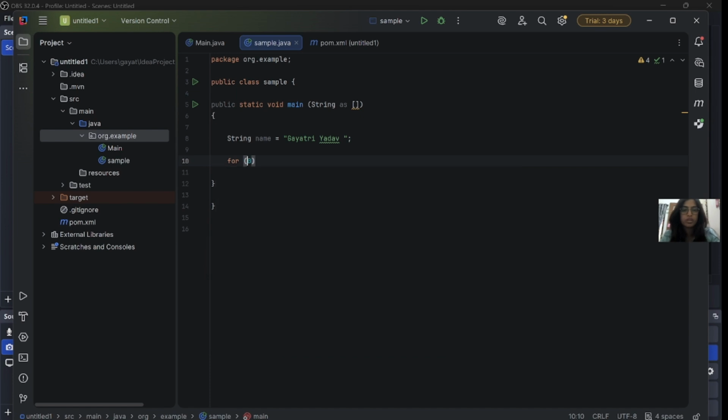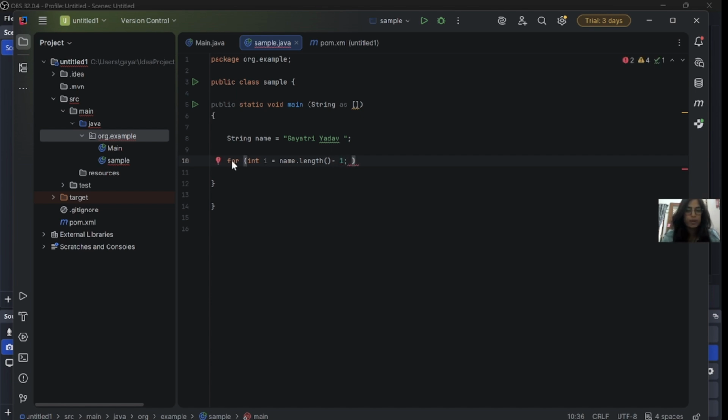There are a couple of other methods also. You can use the StringBuilder as well. You can create an object of the StringBuilder, then use append and utilize that. But today I'm going to explain it with a for loop. So in the for loop, let's take another variable, an integer i, and define its value as name.length(), which is a string method, minus 1.